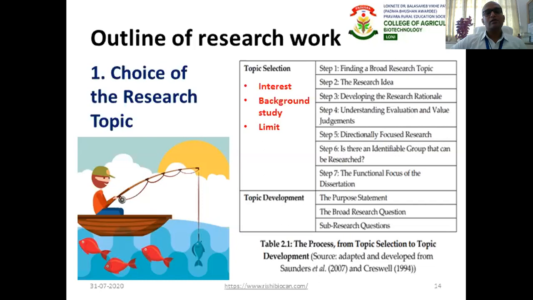A similar analogy you can apply in research. In this world we have a lot of knowledge, a lot of branches, a lot of subjects, a lot of courses. Out of that, which topic do you want to select for your undergraduate research, postgraduate research? You have to pinpoint that